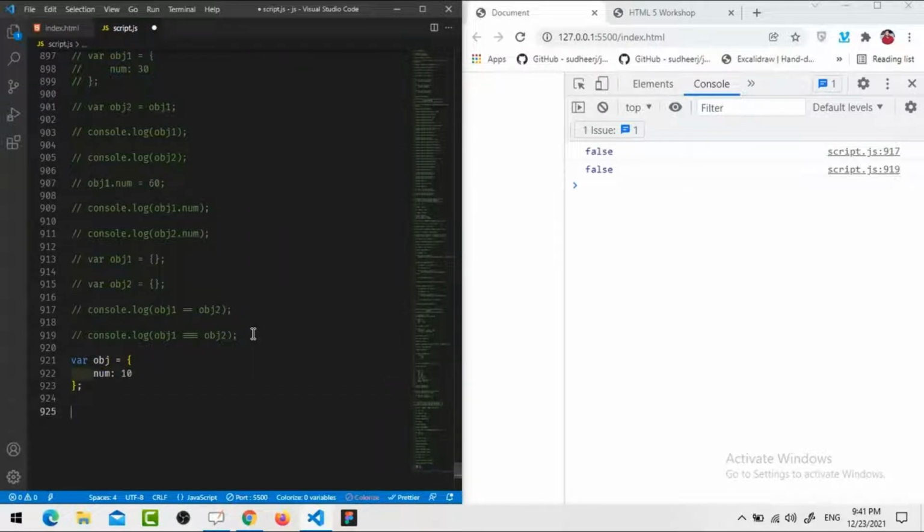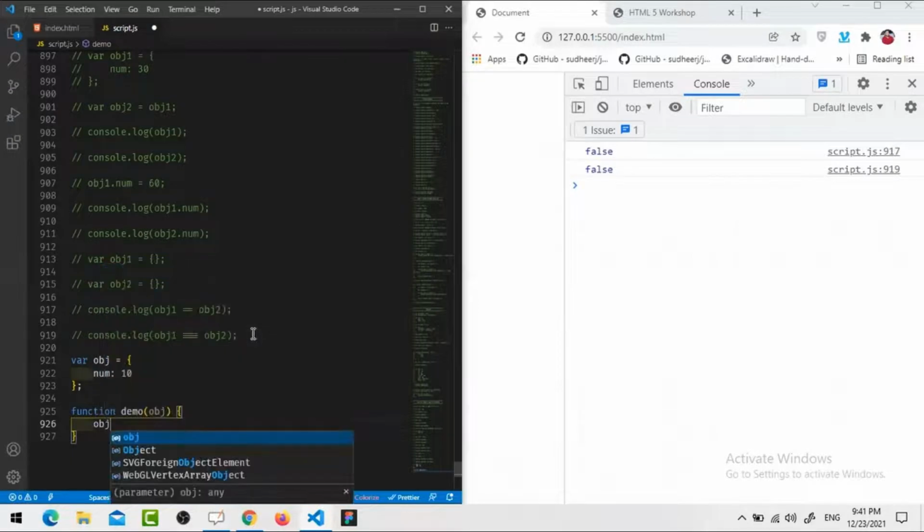And here I'm going to write a function demo. It is going to accept one parameter. I'm giving the name as obj only. Okay. And here what I'm saying is whenever I'm going to call, it should increment obj dot, or here I'm going to write, let's say,